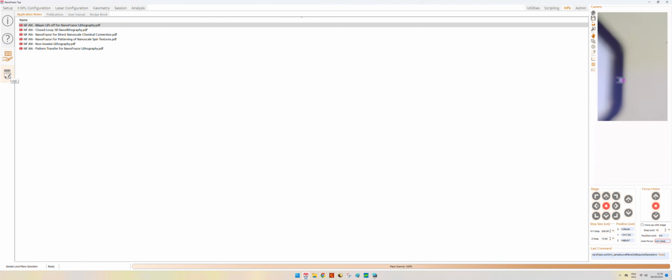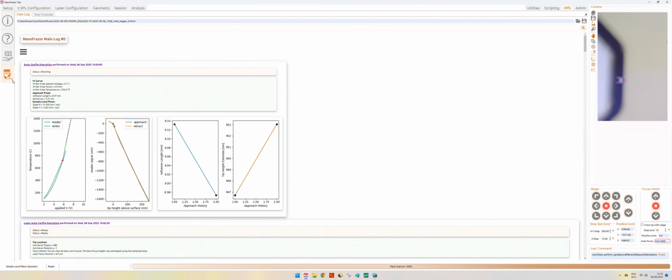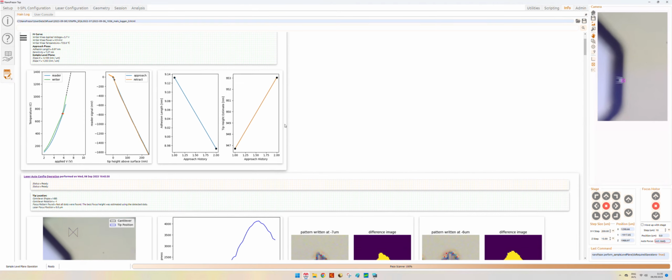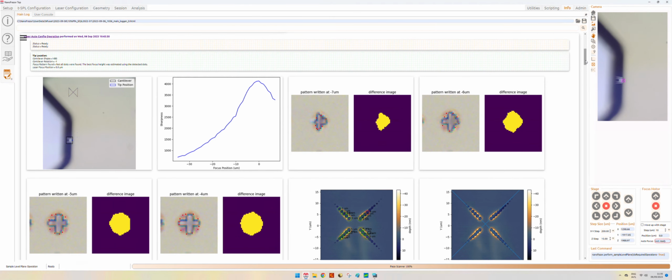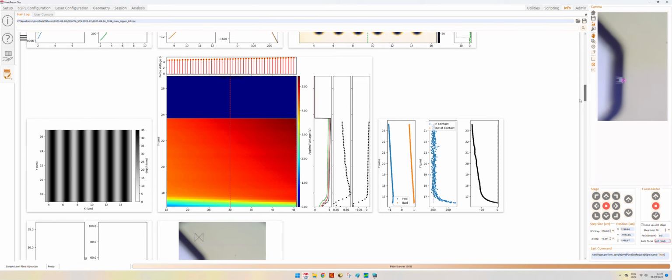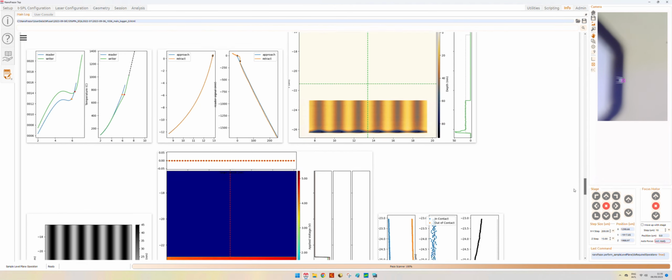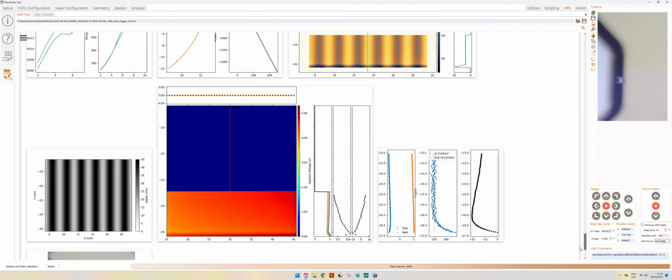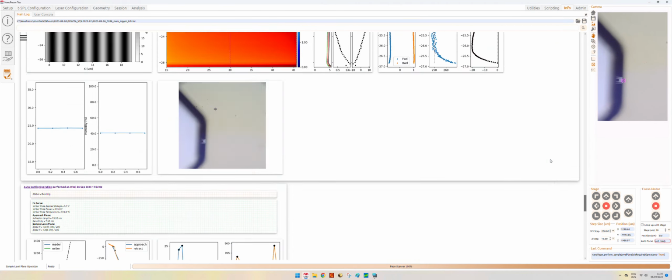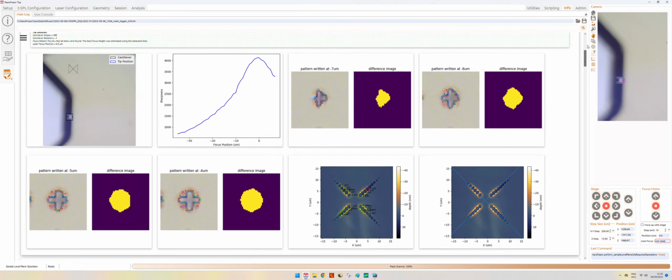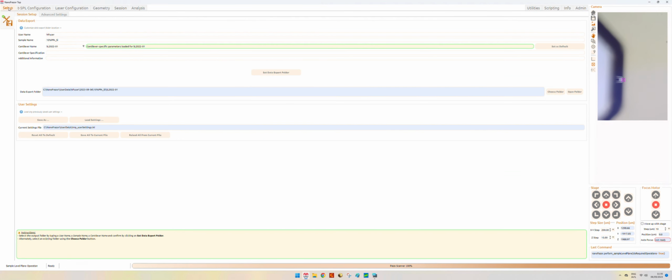We also have a logs in case you're interested in having an overview of all the operations that have been done during your specific session with the NanoFraser. You can have a look here. This file is also generated as an HTML file every time you set the folder, the export folder.